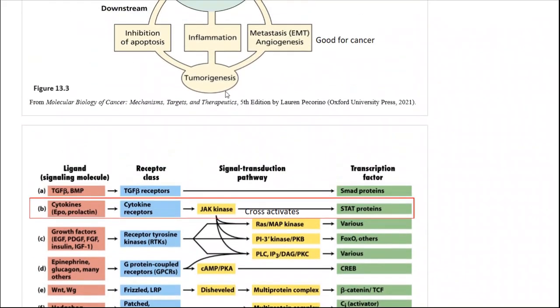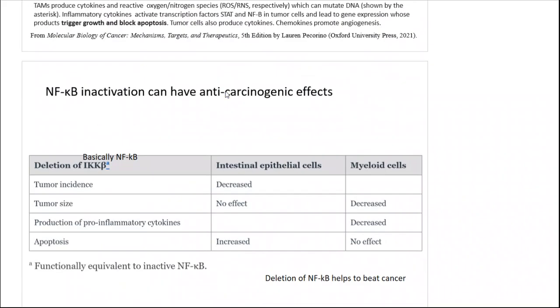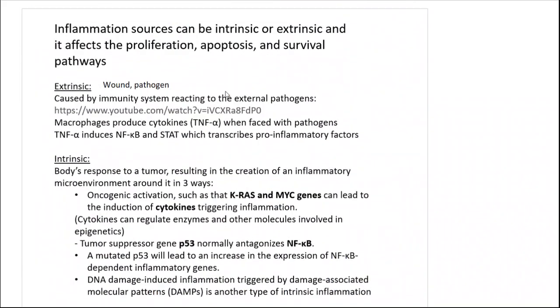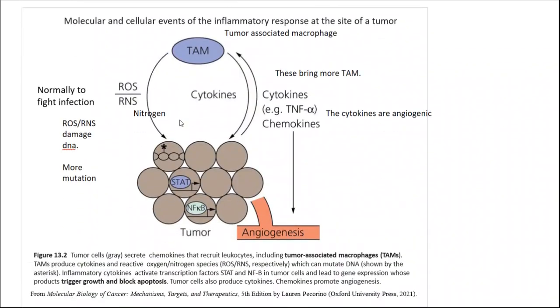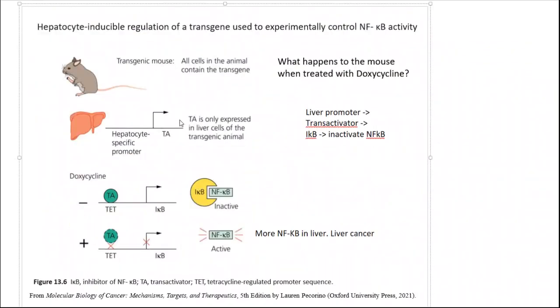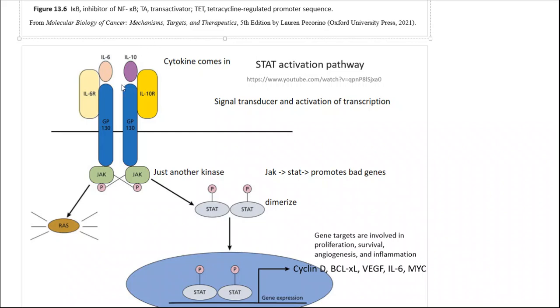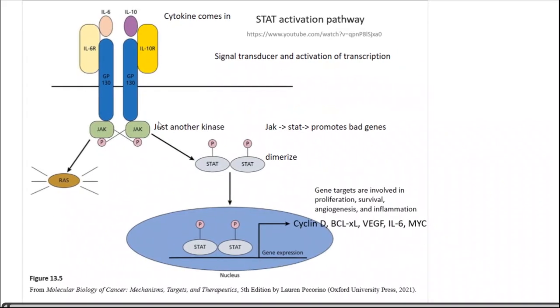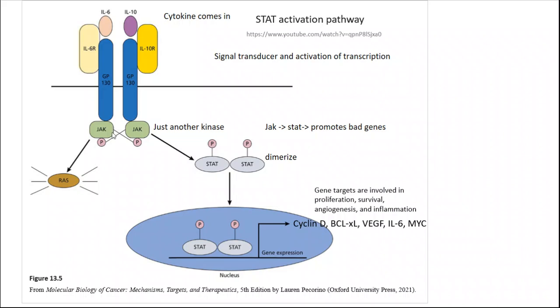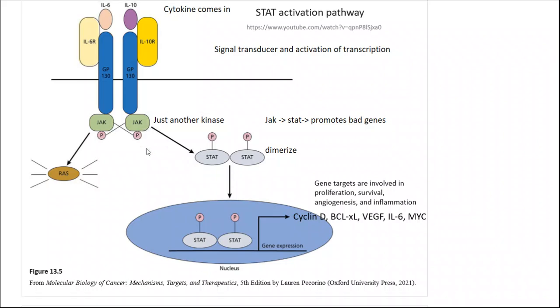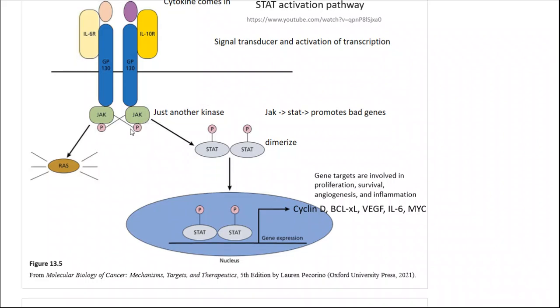STAT, this is another one they were talking about here, up here somewhere: NF kappa B and STAT. Okay, so a cytokine comes in and binds with the receptor, and then there's this JAK, which actually stands for just another kinase. At the time they didn't know it was important, but now it is, so they have a different name for it. JAK stands for something else, but anyway,